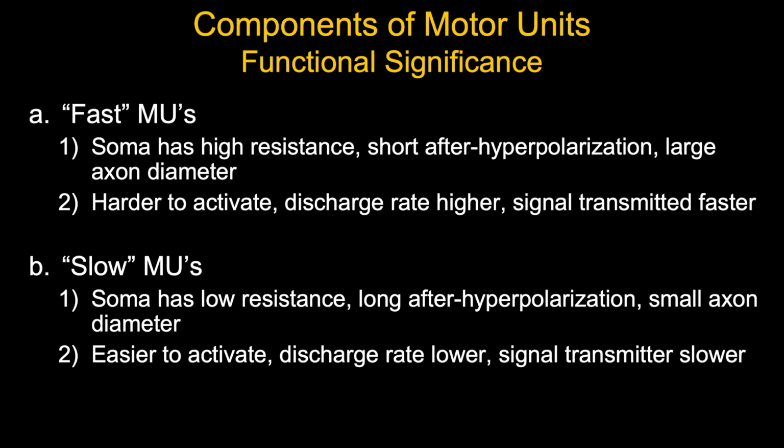When we compare that with slow motor units, the soma or cell body has a low resistance, so it's much easier to activate these motor units. They have a long after hyperpolarization period, which means that you can't fire them one after another. There's a longer waiting period to get them to fire again. And they have a small axon diameter, which just means they can propagate the signal at a slower rate. So in other words, slow motor units are easier to activate, their discharge rate is lower, and the signal transmits